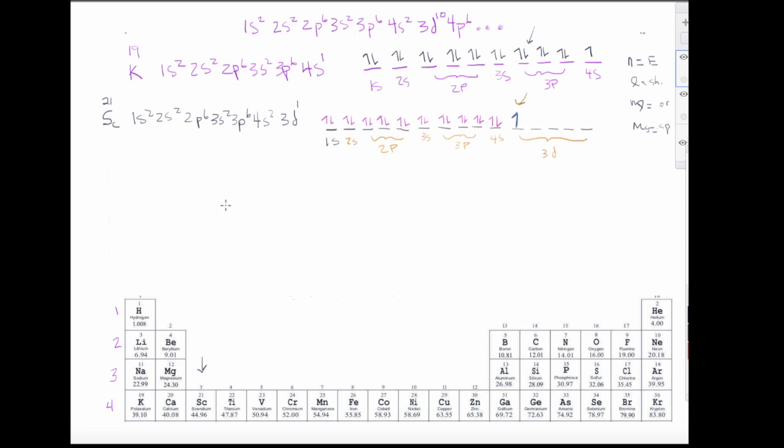And here is a crucial aspect of this. I think what I'm going to do is write it down here next to this arrow within the periodic table so we can practice this a little bit more. And what is the convention I'm talking about? Well, it's actually not a convention. So what we need to do now that we've got scandium, both its configuration and its orbital diagram, is talk